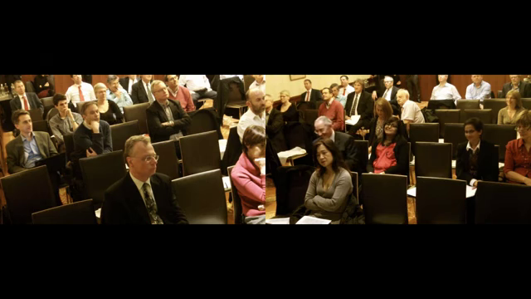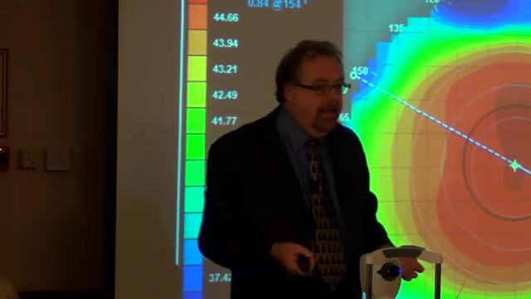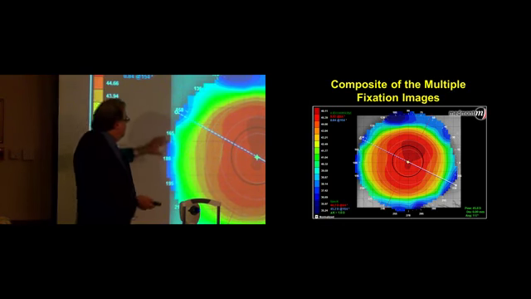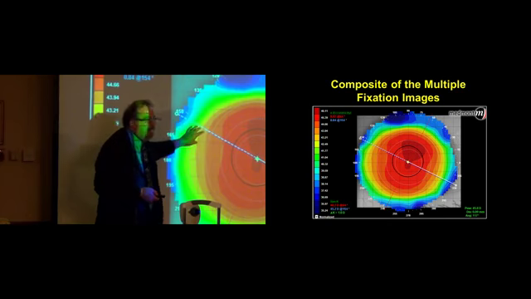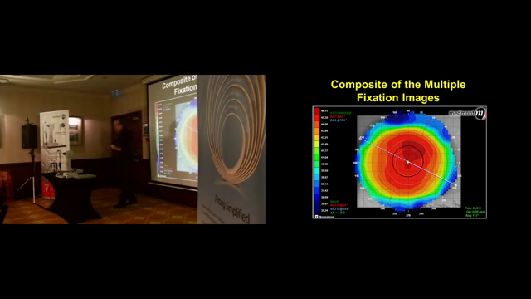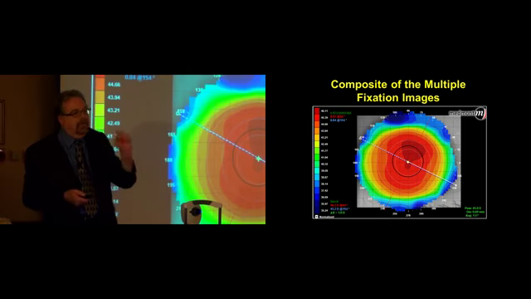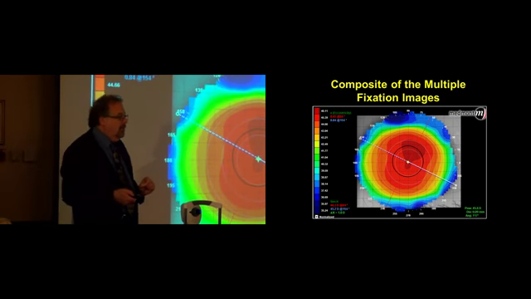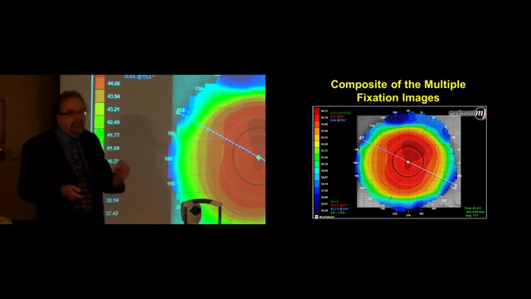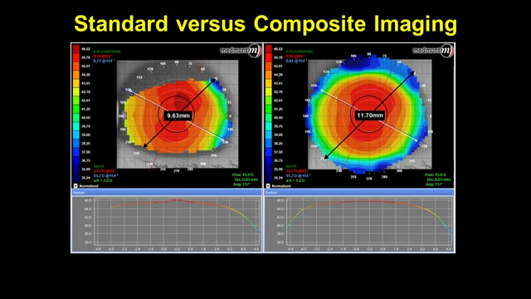What it does at the end of the day is provide you with a composite map that virtually goes from one edge of the cornea to the other. So it provides, for the first time in history, a composite corneal topography that will go from 9.6 to full corneal topography